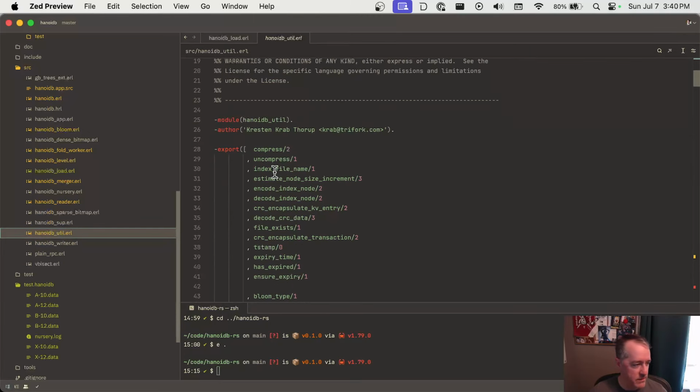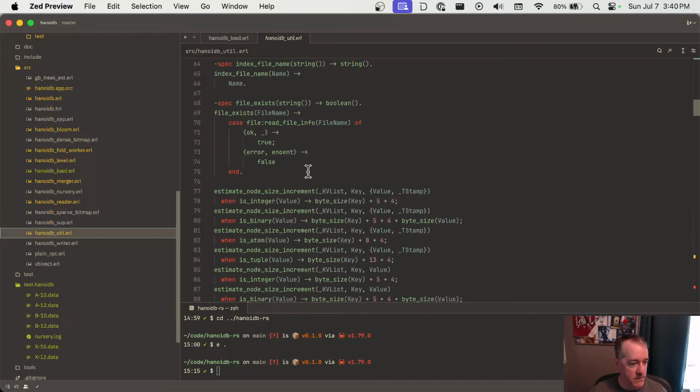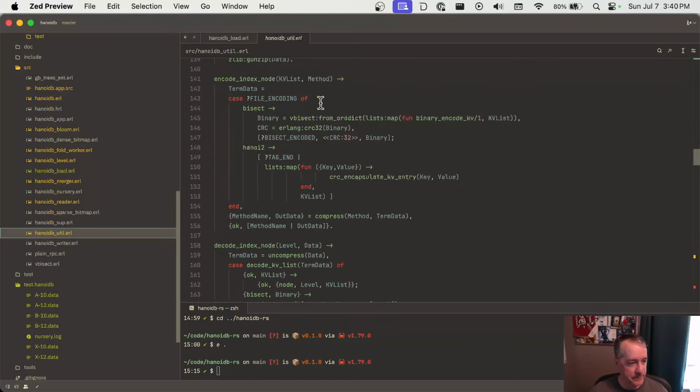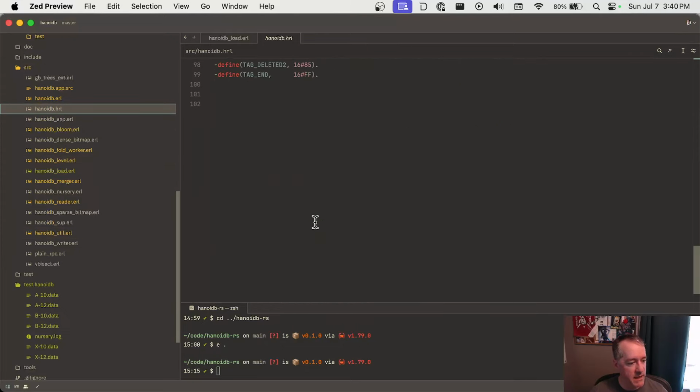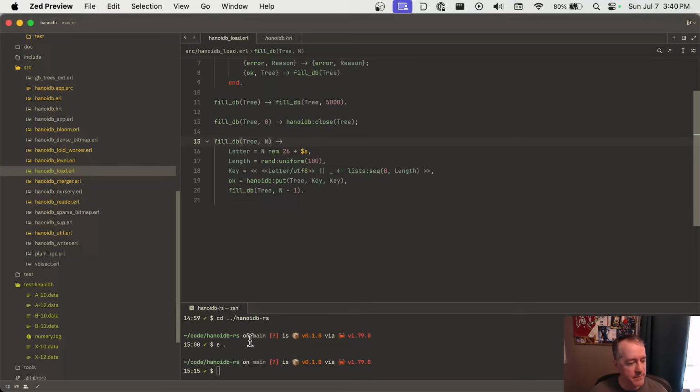It's interesting this is in util and not something like format. Encode index node. Okay. Okay, so v bisect, I don't know what that is. Hanoi 32. Okay, so that maps over this function. It puts tag end. So over here, remember tag end was FF. So we should see